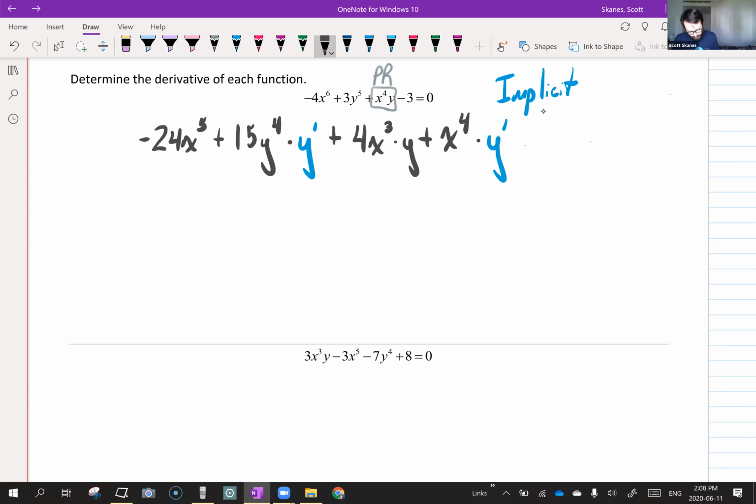Derivative of negative 3 is 0, derivative of 0 is 0. So take a note of that, Mohammed, be careful. Could I do the one on the assignment? I think you got it wrong. Yeah, as soon as I finish this one, I'll do the one on the assignment and you can compare it